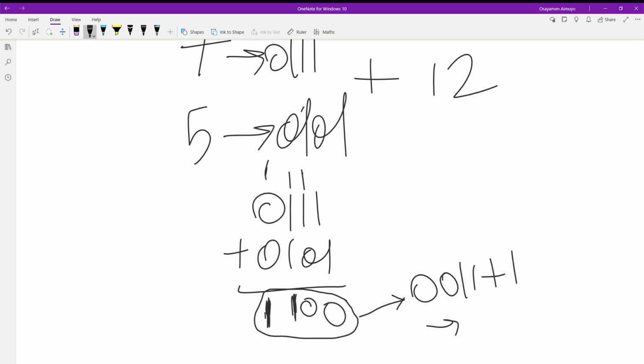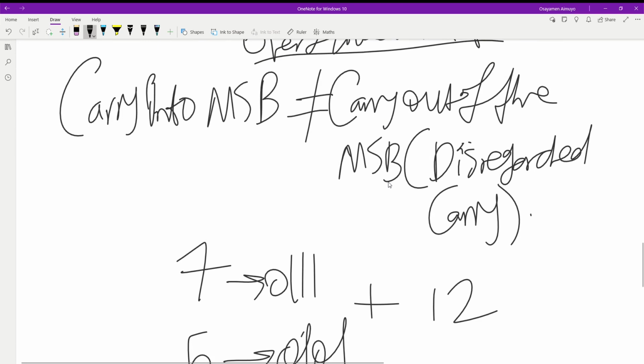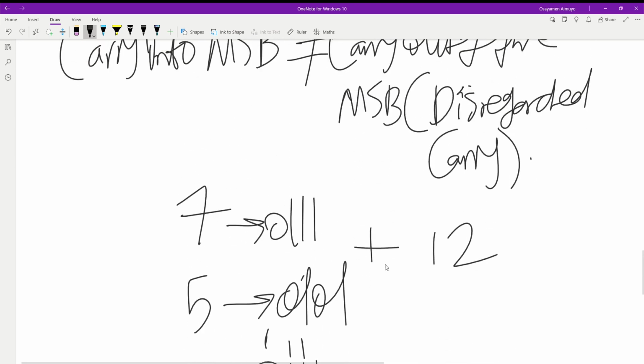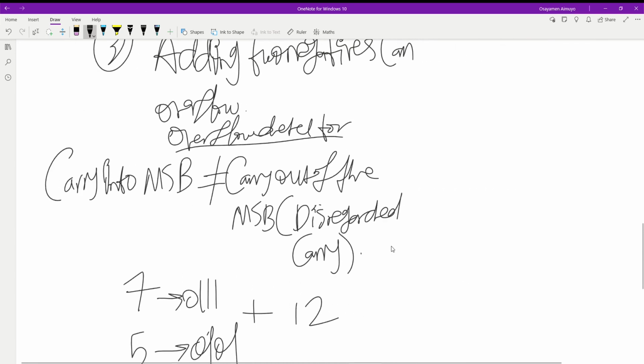If I'm not mistaken, that gives you 0, 1, 0, 0. Right? Which doesn't make any sense. We should be getting 12. Well, that's basic. So this example was to illustrate that this overflow detector only works